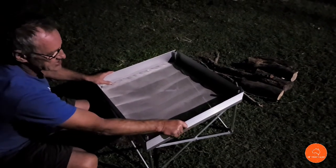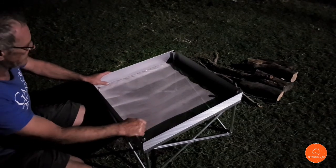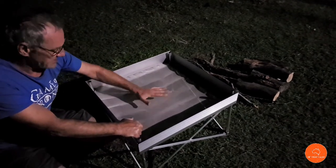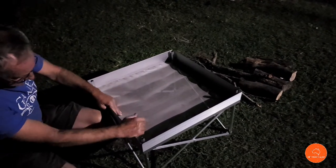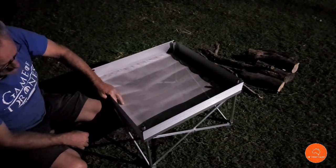You've got high sides on it, so you're not going to get coals falling out, burning your grass. You're not going to get any ash. This is a very, very fine mesh, so nothing really is going to fall through this and set fire to the ground below. You will probably get quite a bit of radiant heat onto the grass below,